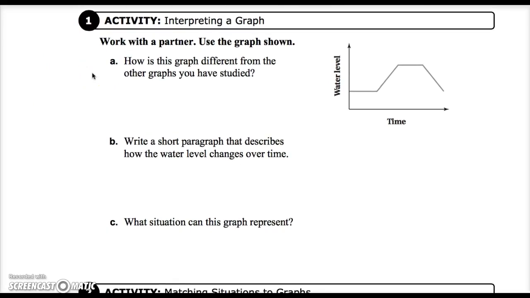So activity 1, we're just going to look at interpreting a graph. So part A says, how is this graph different from other graphs you have studied? Well, if you look at this graph over here, you notice it goes all different directions. It's straight for a while, then increases, then is straight, then decreases. All of the lines we've been dealing with so far have just been linear. They've been a straight line. So how it's different than the ones we've been used to is we're going to say this graph